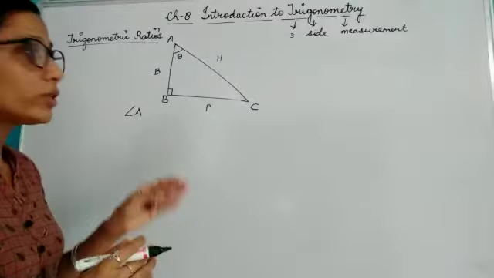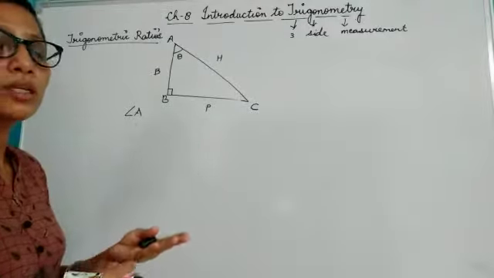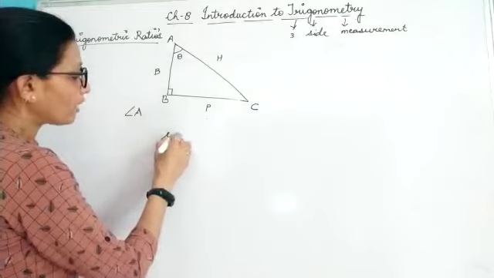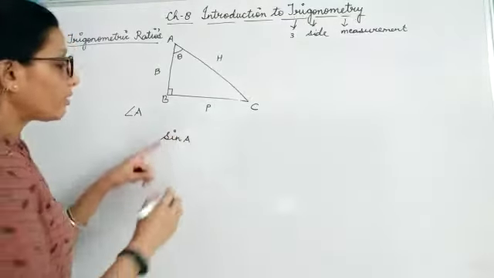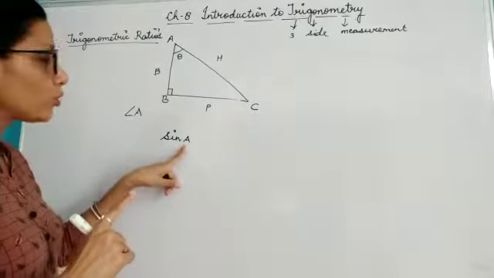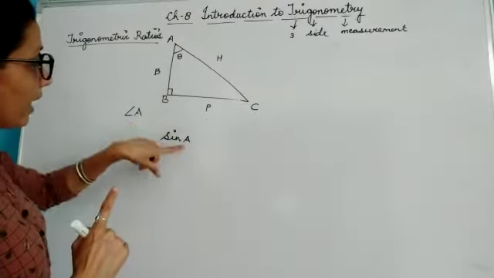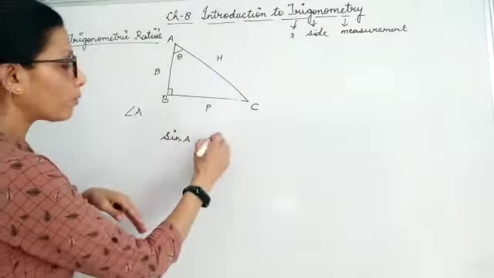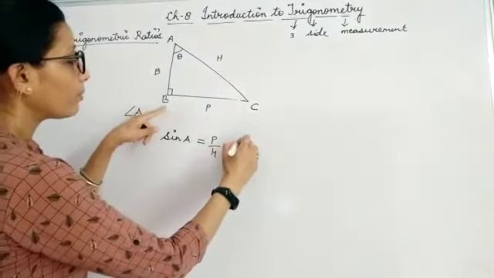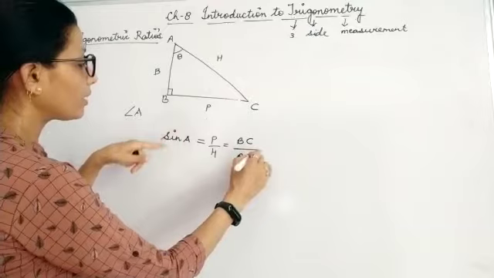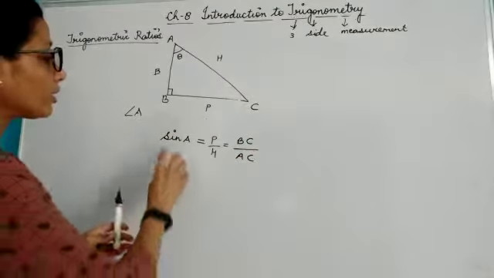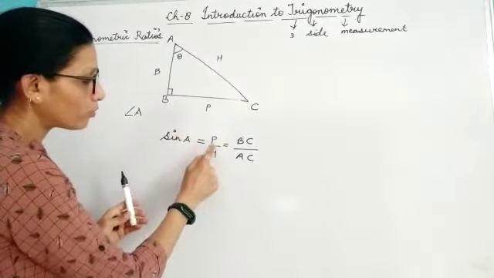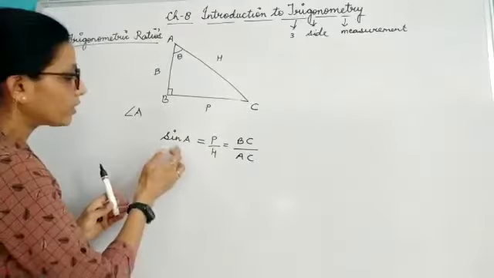Now let's see the ratios of which two sides will give me a trigonometric ratio. Now children, you remember this thing, that if you want to find out sine A, that means you are taking your A as theta. So your sine A will give you perpendicular upon hypotenuse. That means BC upon AC will give you sine A. Now what are trigonometric ratios here? Trigonometric ratios are the ratios of any two sides. If the ratio of perpendicular and hypotenuse you are taking, then it will give sine A.